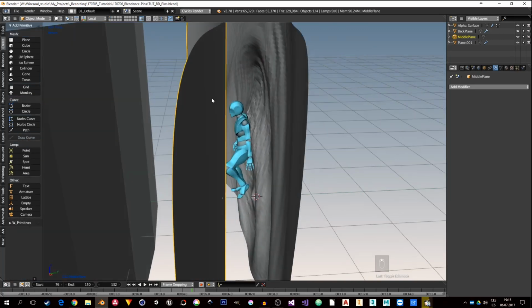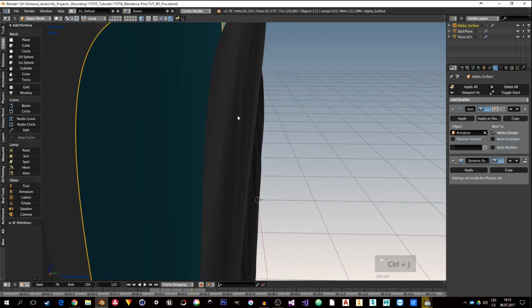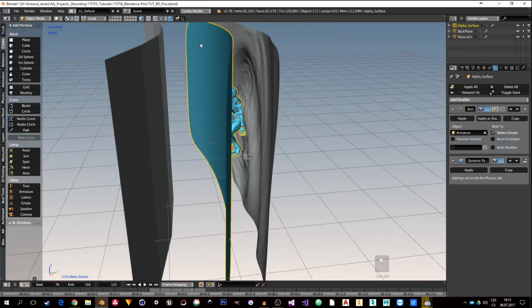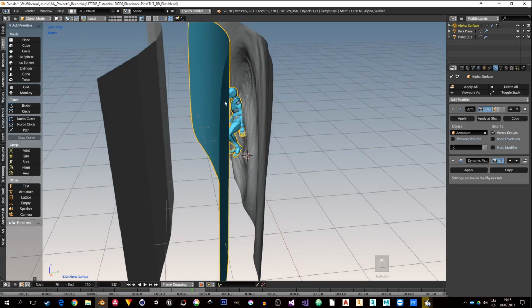And select the middle plane, with Shift select the alpha surface and Ctrl J to merge those things together. Okay, you can see that it inherits the material,